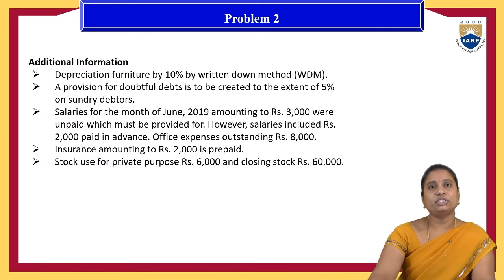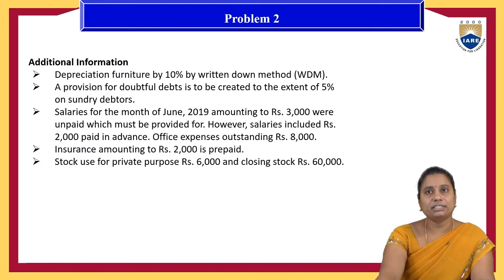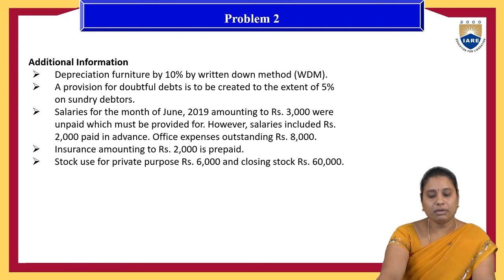And additional information is also provided: depreciation on furniture at 10% by the written down method, and a provision for discounting debts is to be created to the extent of 5% on sundry debtors. Salaries for the month of June 2009 amounting to 3,000 were unpaid, which must be provided for. However, salaries include 2,000 paid in advance, and office expenses outstanding is 8,000. Insurance of 2,000 is prepaid, and stock used for private purpose is 6,000, and the closing stock is